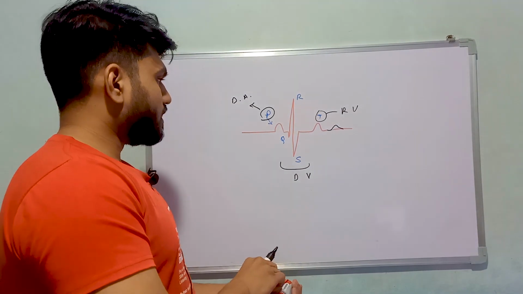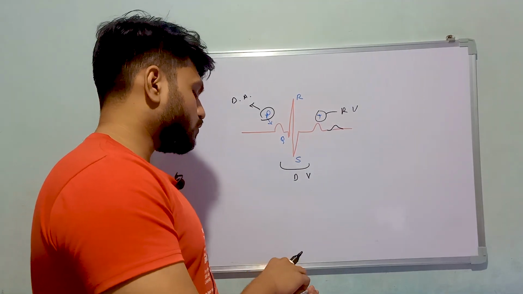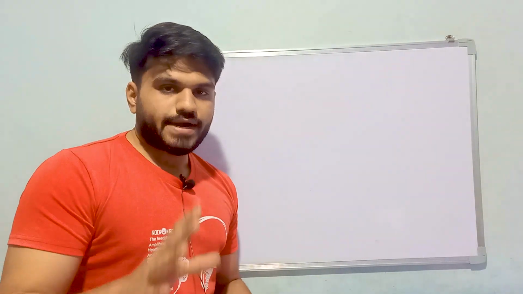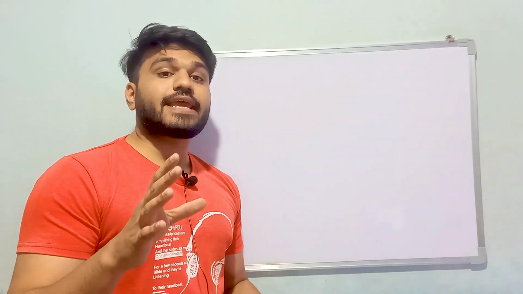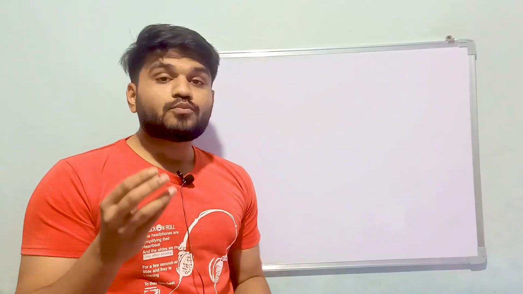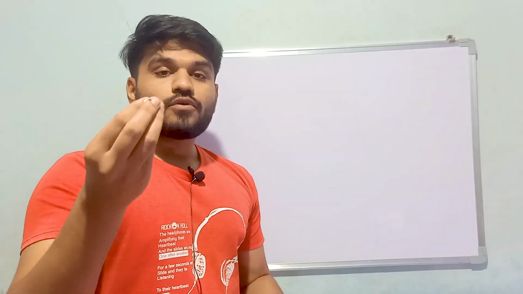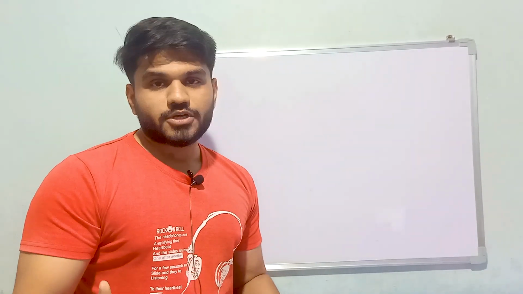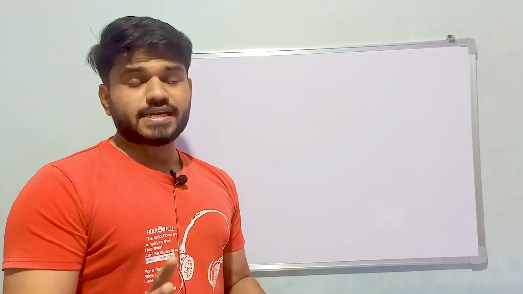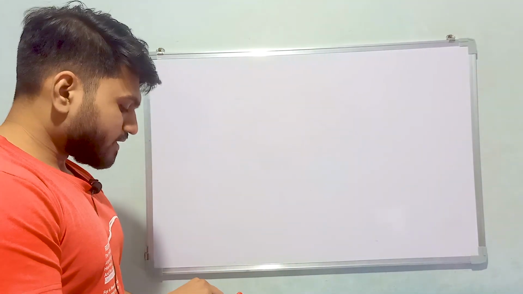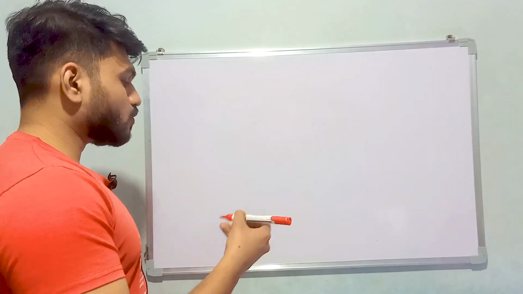This is the basic information that you have to know in order to understand the ECG. So first, when we look at the ECG, we have to identify whether this ECG is taken right or not. Because sometimes you put the lead in the wrong location and it will give you the wrong ECG and wrong information about the patient. So in order to understand if the ECG is right or not, you have to look at